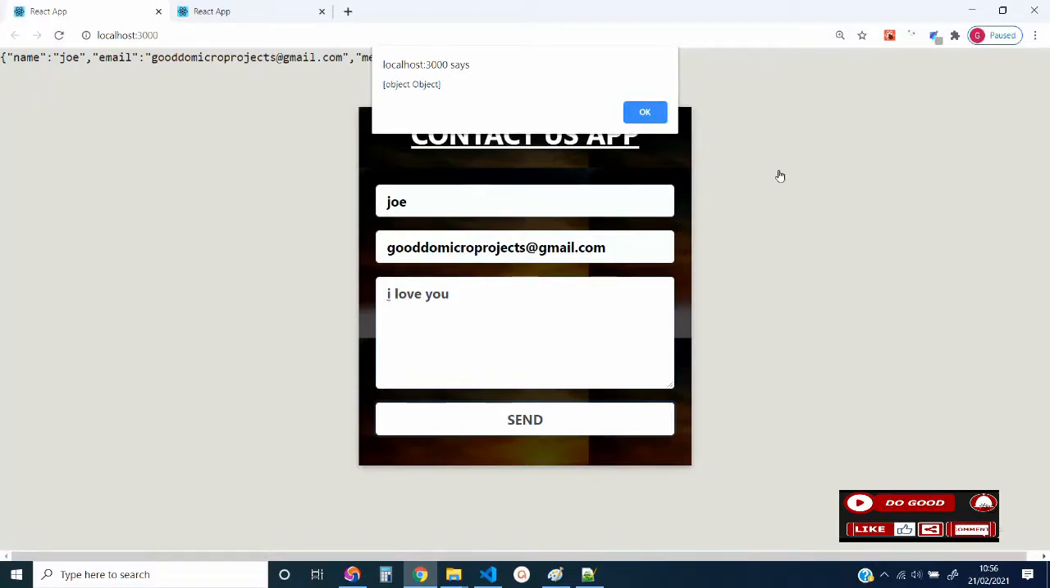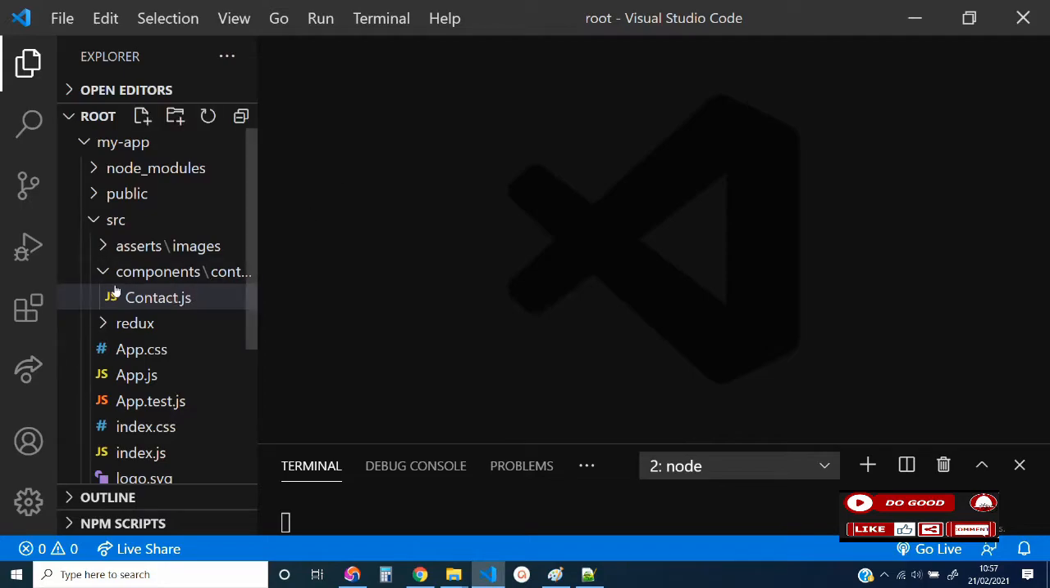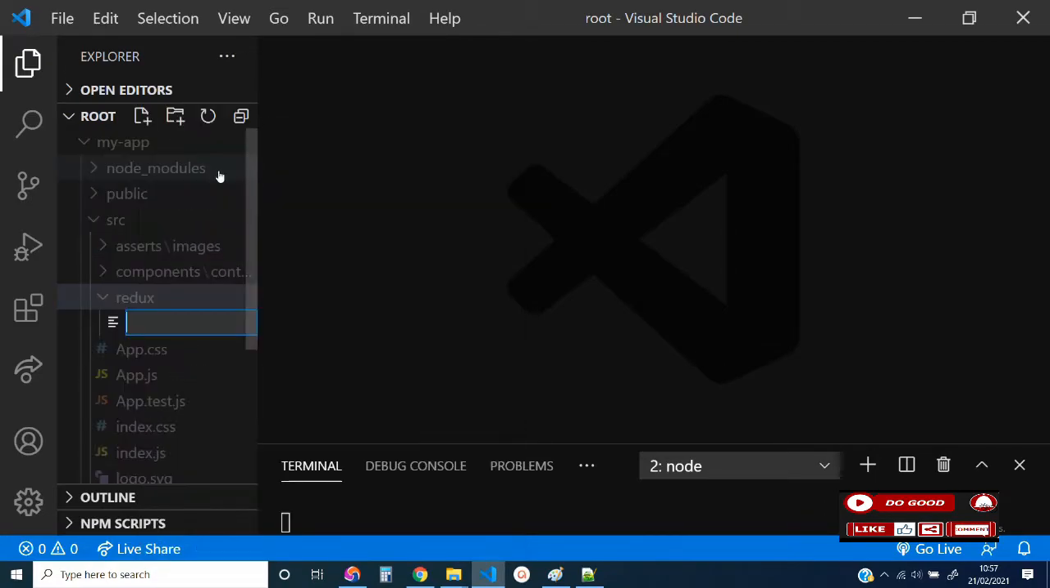Thank you so much and welcome to the Redux section. To begin with, let's go to our SRC folder. You can close the CSS and the app. Now let's go to our SRC folder and go to our Redux folder. Now in our Redux folder, let's create a file and call it